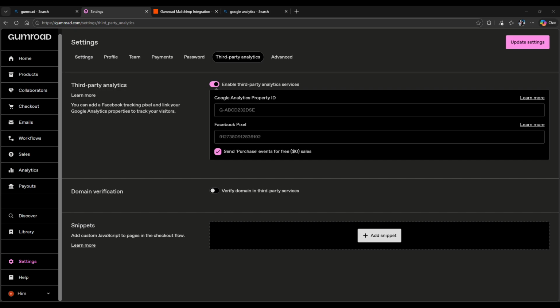Then you can check the real-time reports to confirm the tracking works and use UTM links to track marketing